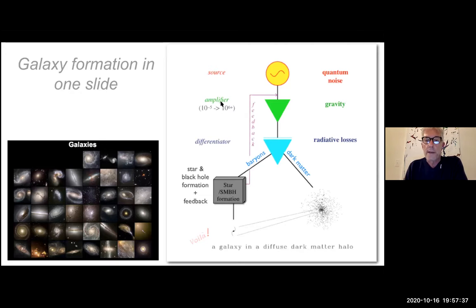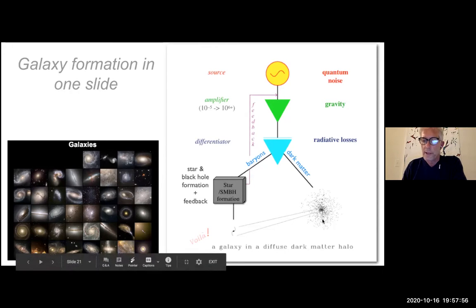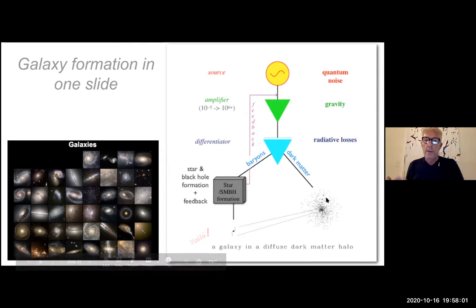So you need to amplify those fluctuations, but that's what gravity's for. Gravity takes slightly overdense regions and makes them more overdense over time. And the slightly underdense regions become empty voids in large scale structure. So you can do that. You can amplify the fluctuations from gravity. The dark matter, which we believe is collisionless, then just clusters together without losing any energy. But the baryons, the stuff we're made of and the stuff that stars are made of, can lose energy through